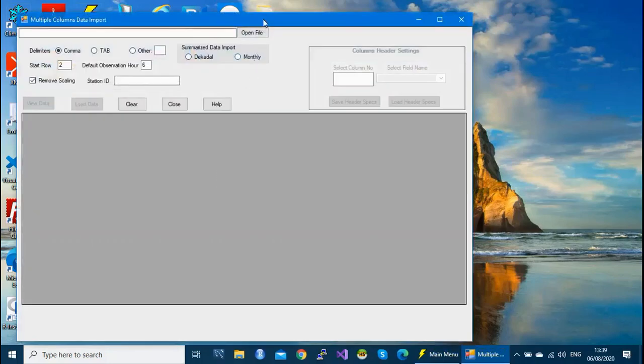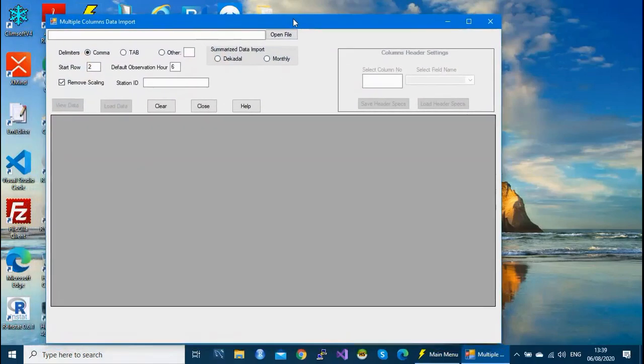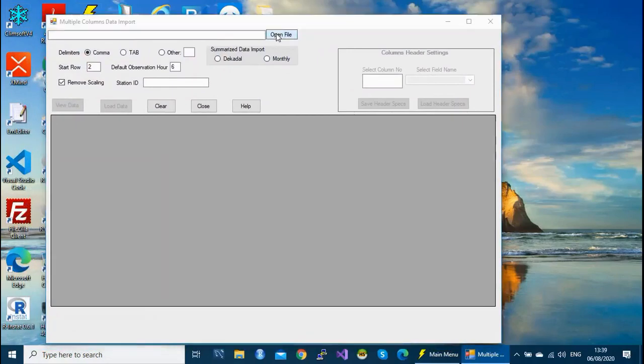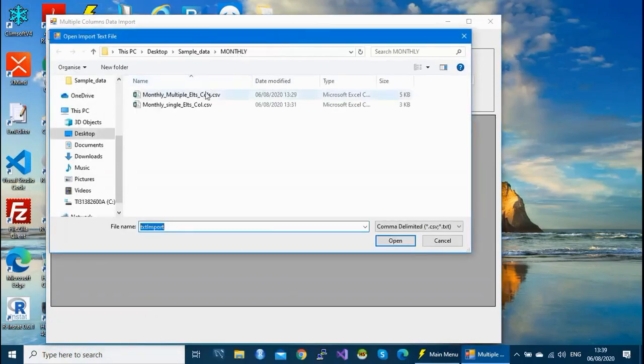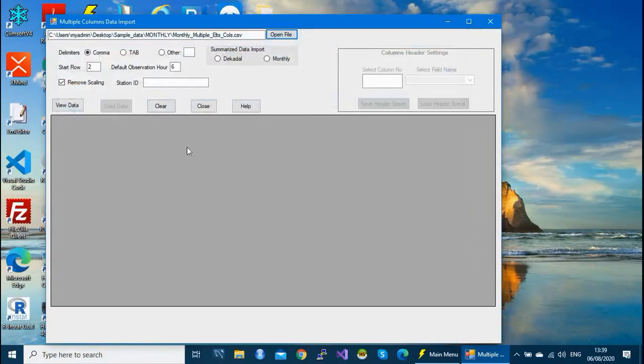And since our data is monthly data, we are going to select the file first of all. Our file is here, for monthly data, multiple columns. Even the title shows multiple columns. Our data is not decade, but it is monthly data. And then you view your file.